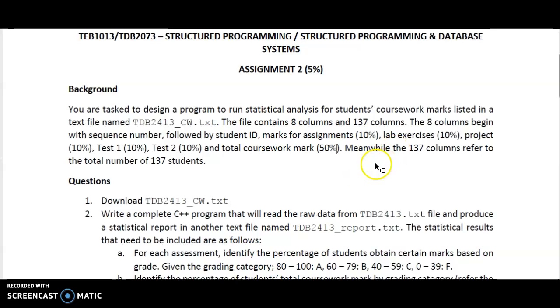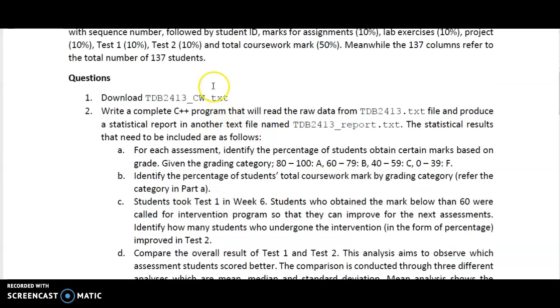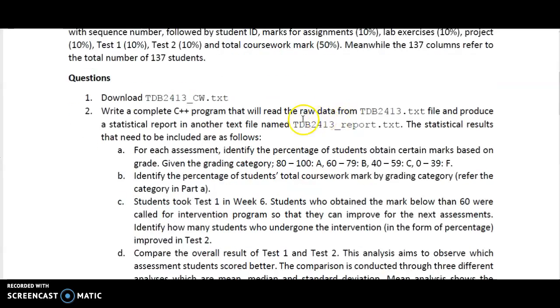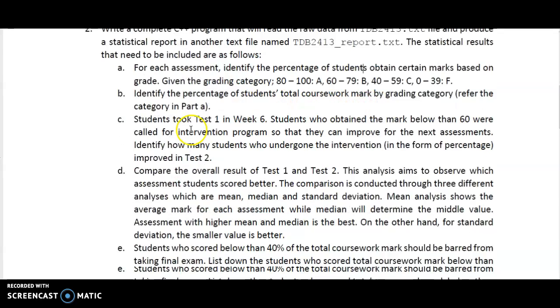Okay, and then the other 137 rows are for the students. So we have 137 students in the class, and it gives all their marks for assignment, for lab, for test 1, test 2. So what we have to do here is to design a program that will read from the raw data, this text file, and produce a new text file, namely a report, where there